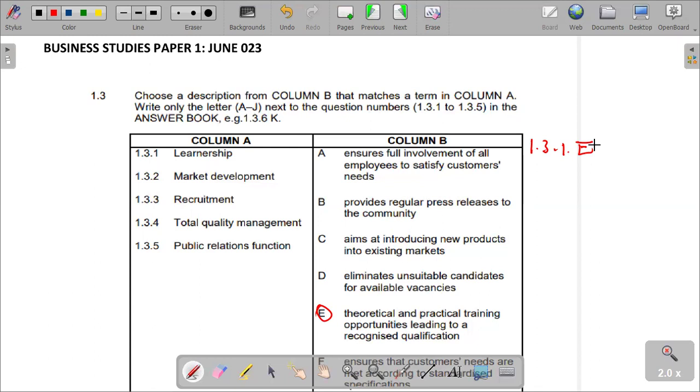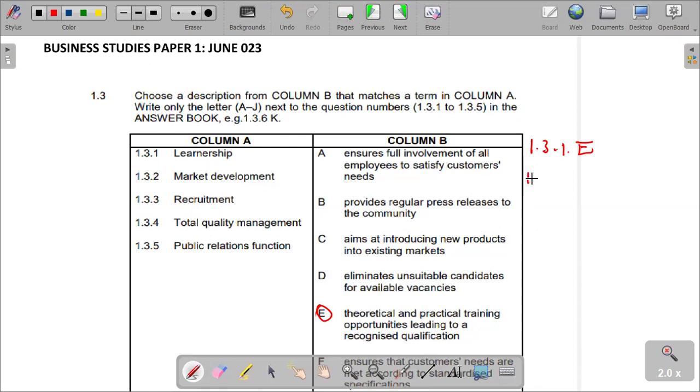They are actually trainings, practical and theoretical trainings, which can enable a person to become employed through a recognized qualification. So it is E. Number 1.3.2,